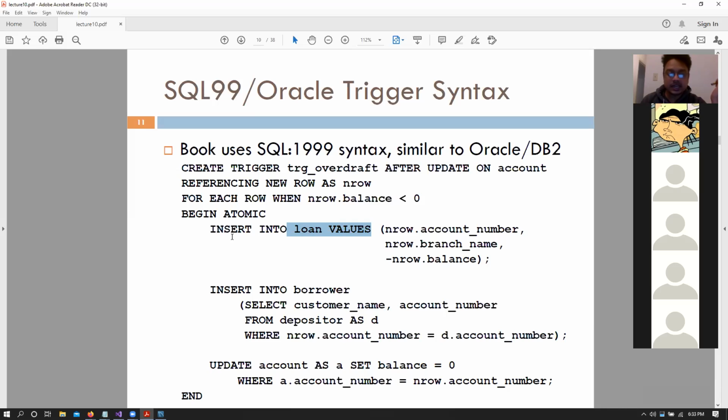But in the initial scenario, remember that our table did not have an entry for loan, so we had to insert something because it was a new row. Update can only be applied to existing rows, right?